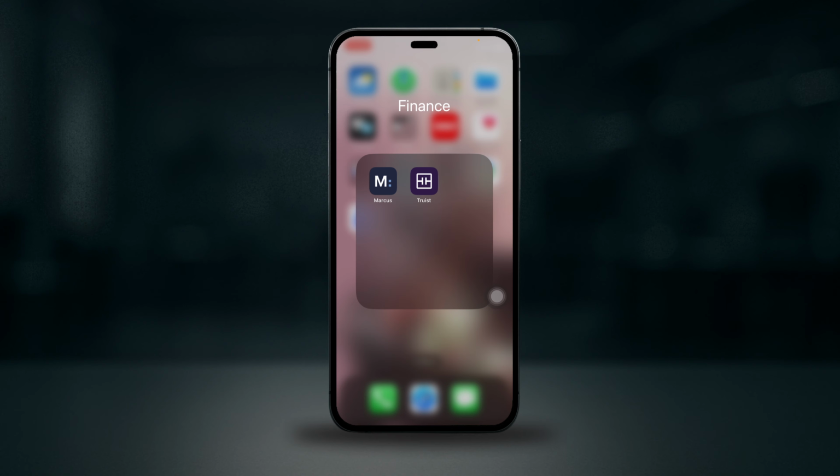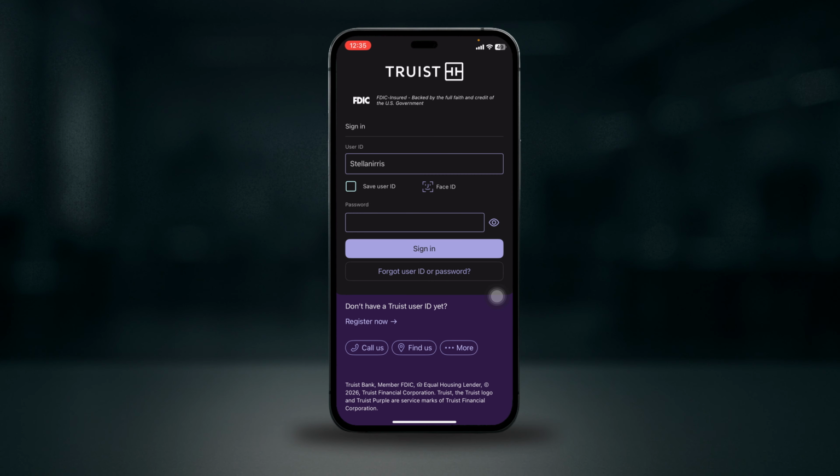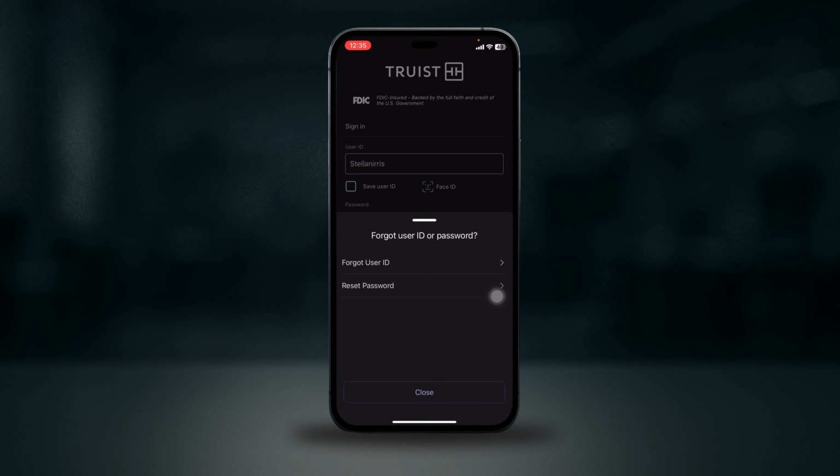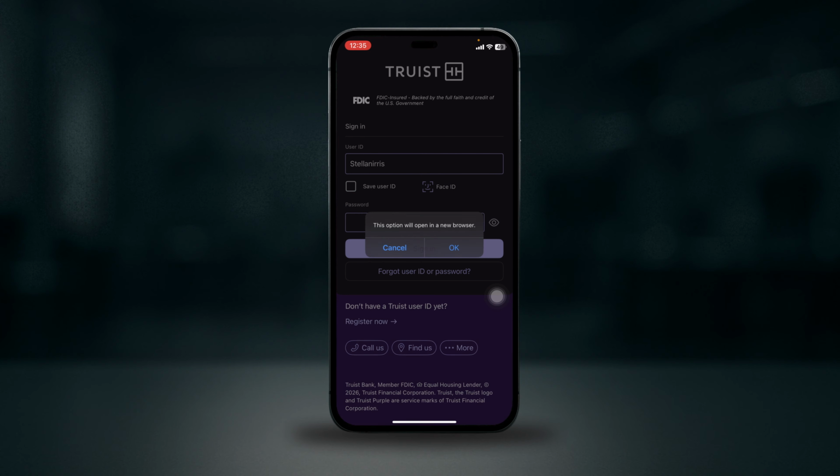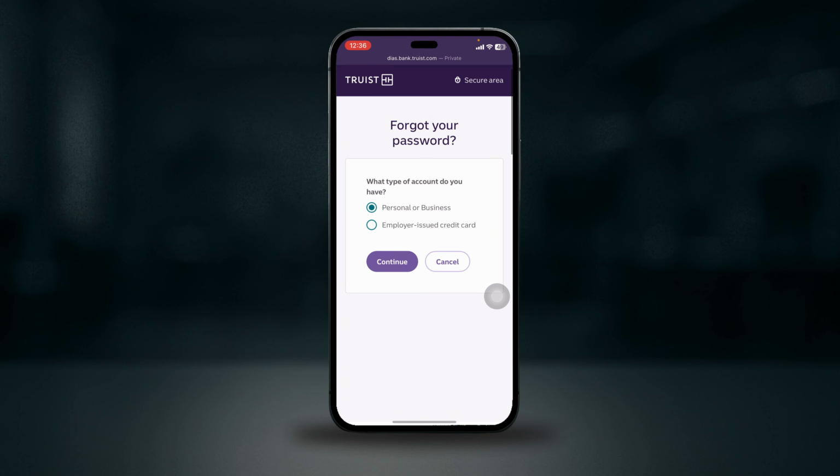Here's how to reset it safely. First of all, open the Truist mobile app and then tap Forgot User ID. Then go ahead and click on Reset Password. After that, click on the type of account you have, and then either personal or business or employer issued credit